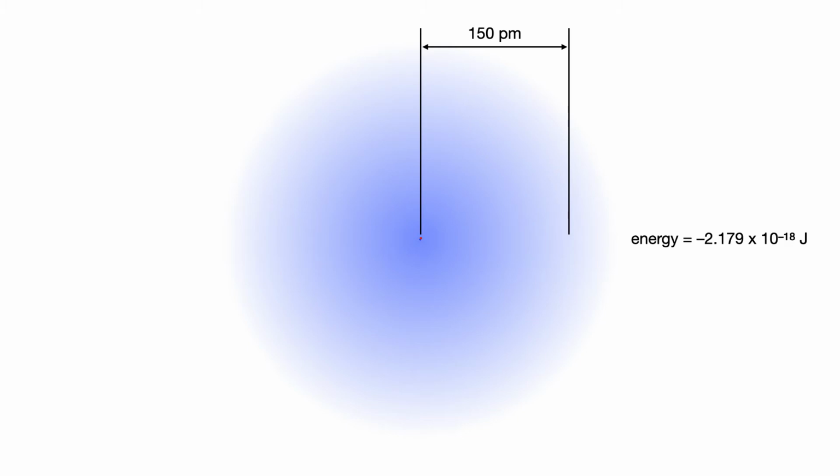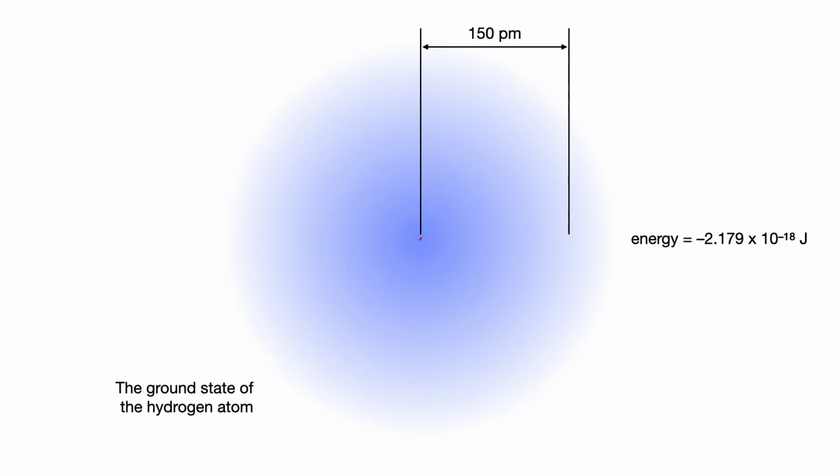That's exactly the same energy as the ground state orbit in Niels Bohr's model of the hydrogen atom. In the Bohr model, the lowest possible energy that a hydrogen atom could have was negative 2.179 times 10 to the minus 18 joules, and that's the same energy that an electron wave would have if it's centered on the nucleus of the hydrogen atom. And so from the quantum point of view, this electron wave, this wave for an electron that's sitting on the nucleus of the hydrogen atom, is the ground state of the hydrogen atom.